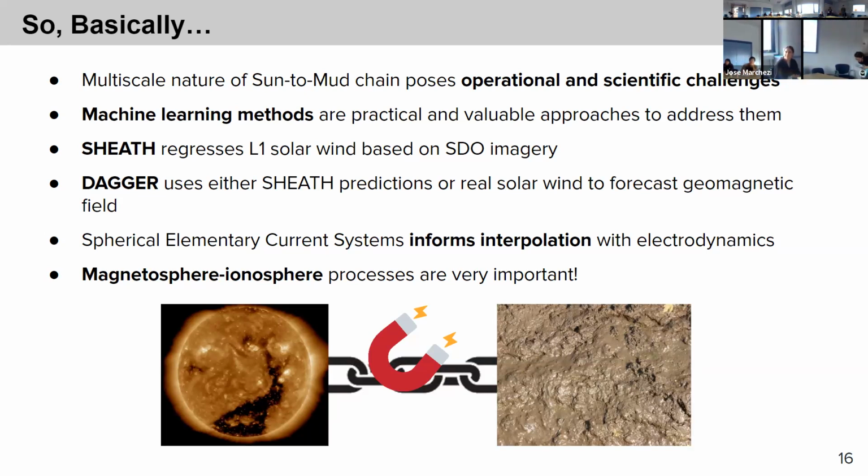So what's next for SHEATH and DAGGER? Are you going to continue developing those, and where are they being shipped off to start? So the thing we were trying to achieve initially was to only model coronal mass ejections instead of everything but coronal mass ejections, with an empirical model that's designed to do that with potential field source surface models. I would like to do that. The problem with this is the empirical models that are made to generate CME structures are really slow to run. If anyone knows of a better, faster way to do that, please let me know.